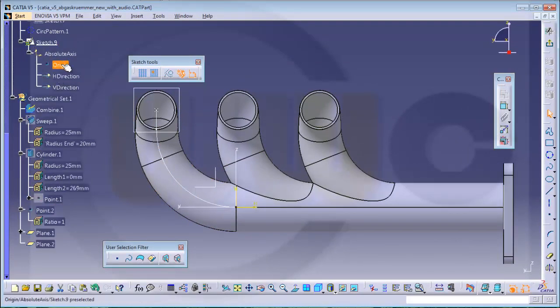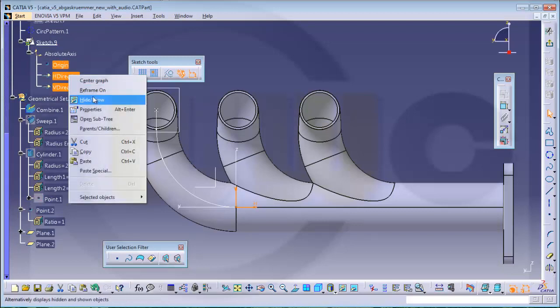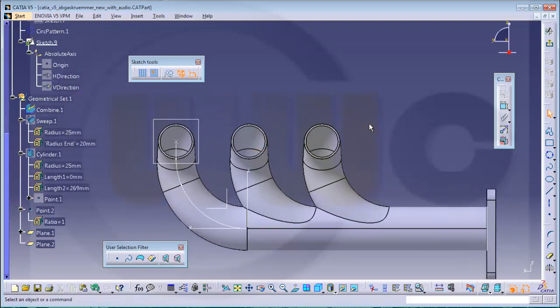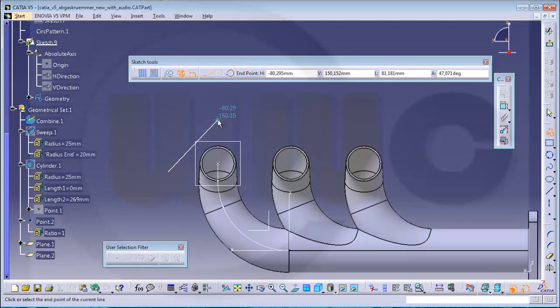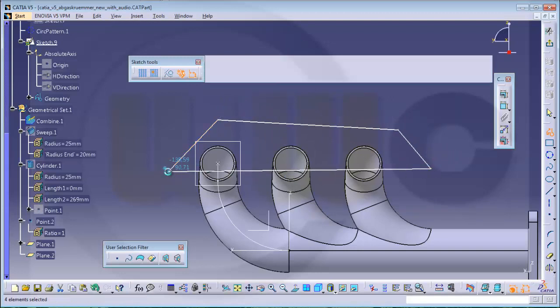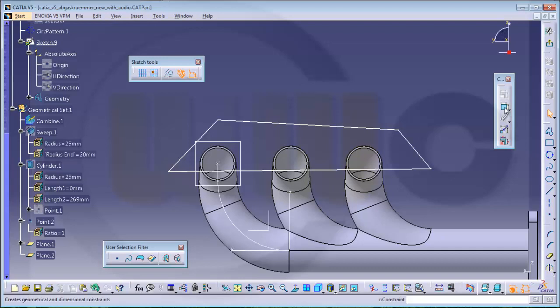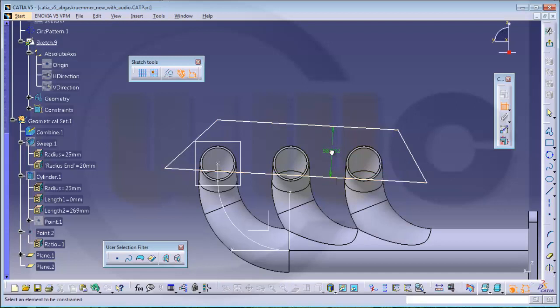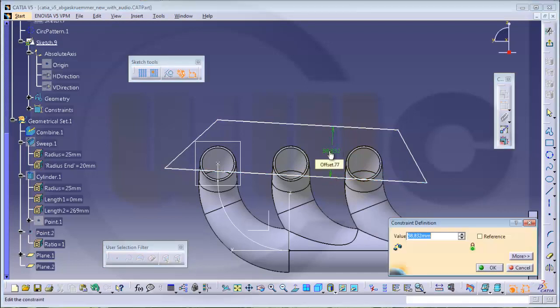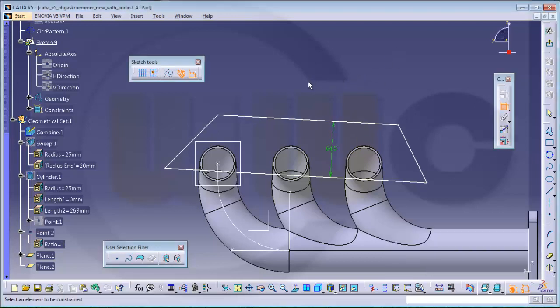So hide them. And then I need another sketch profile which looks something like this. There should be a distance, that's 64.5, and